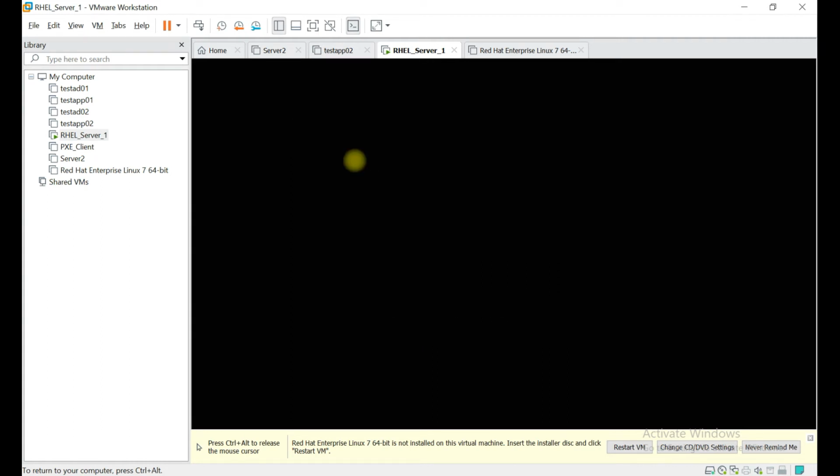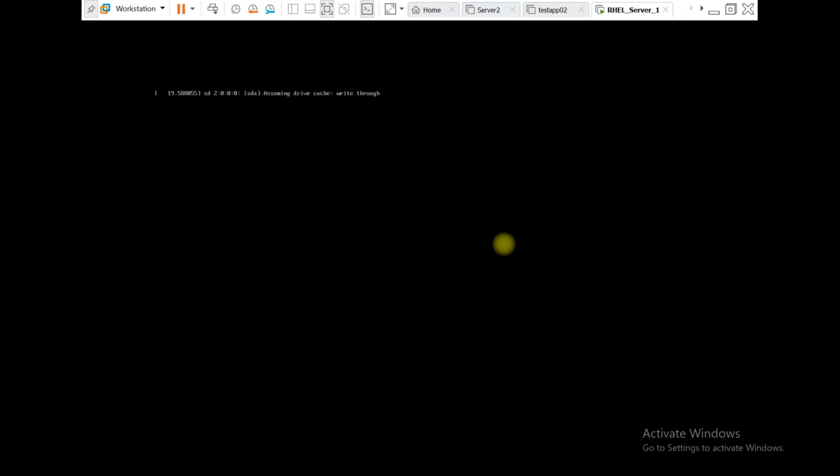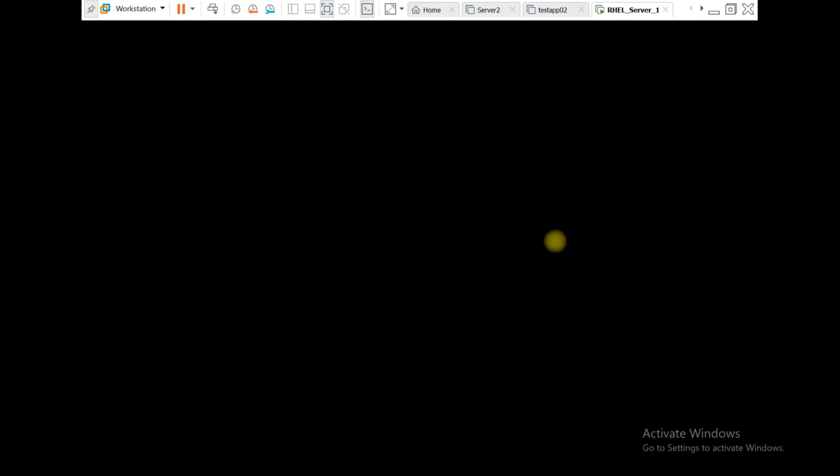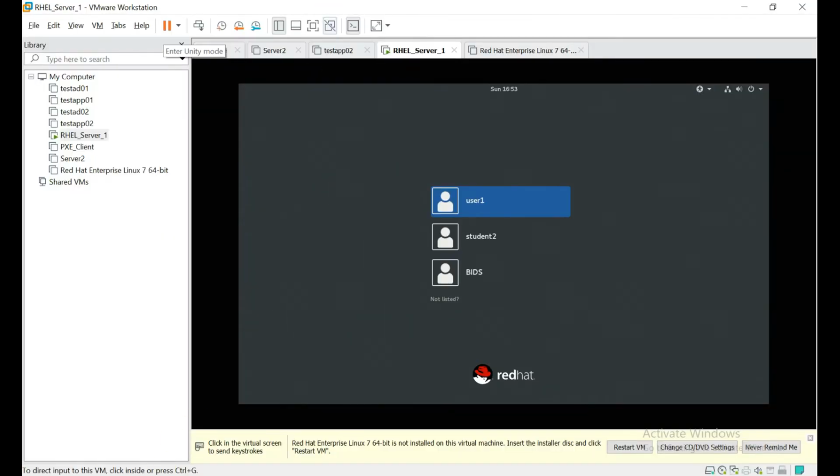Select the first grub entry. It's going to take a few seconds. Now you can see it hasn't taken more time than the previous one, and the system is now in graphical user mode.